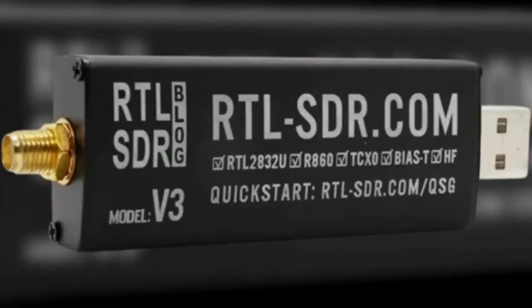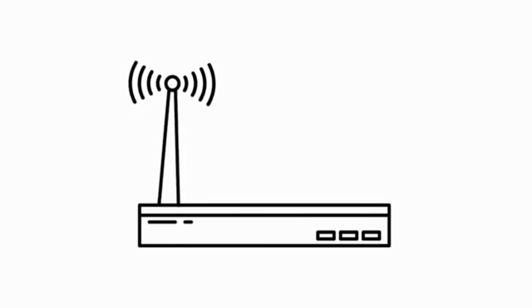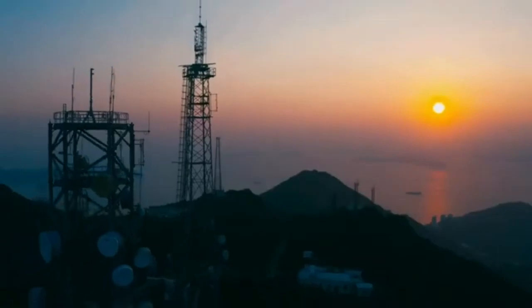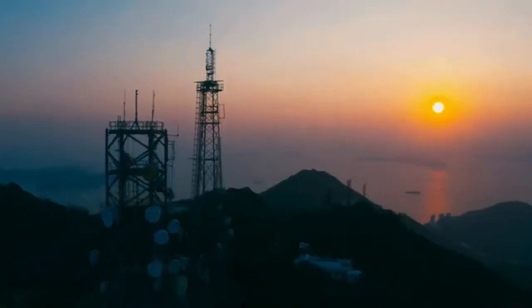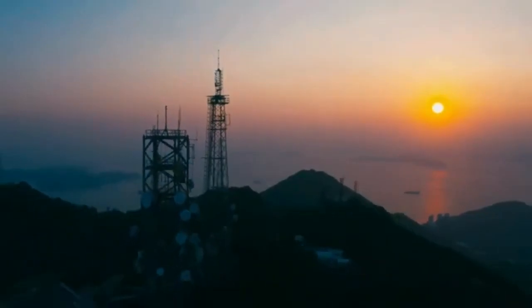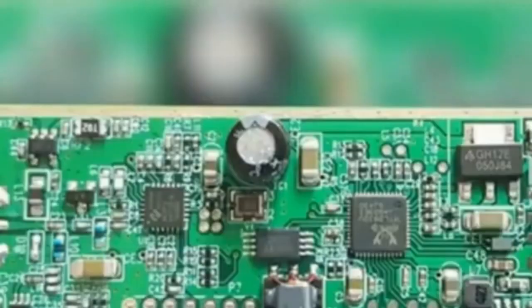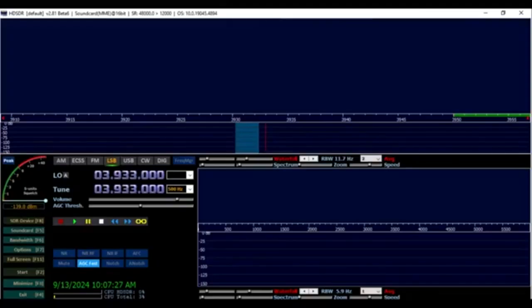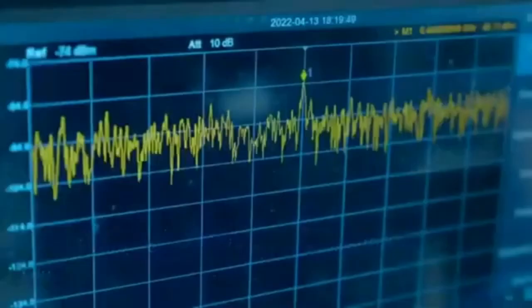The RTL SDR dongle is a small, low-cost device that can be used to receive a wide range of radio signals from AM and FM radio to digital TV and aircraft transponders. They are based on the RTL2832U chipset, originally designed for DVB-T digital TV reception. However, the chip can also be used to receive other types of radio signals with the help of a software-defined radio SDR program. The dongle connects to your computer via USB and uses the computer's processing power to decode the